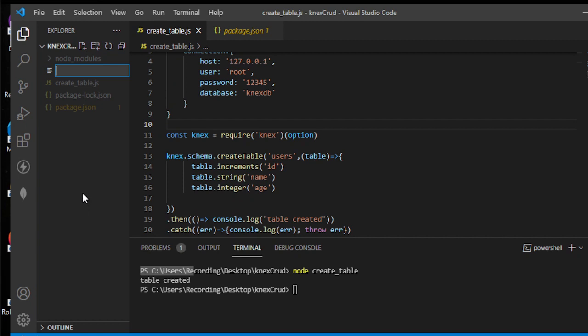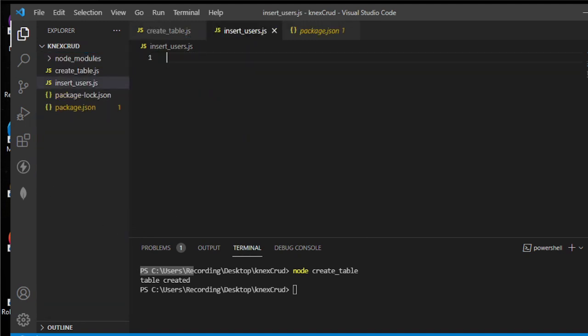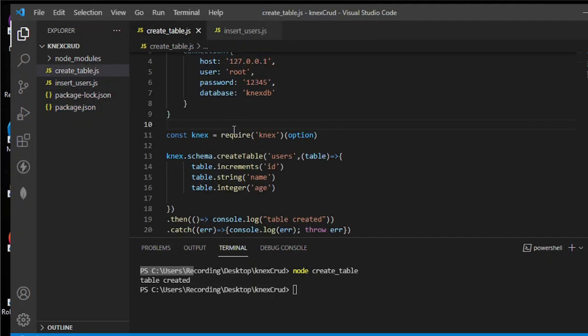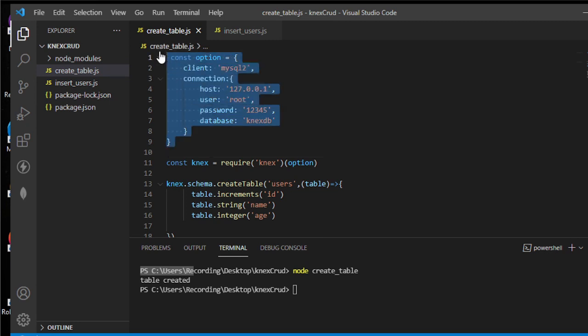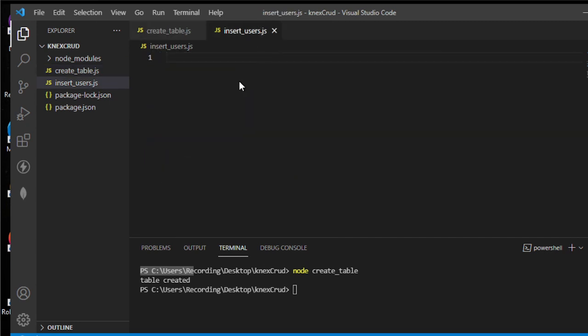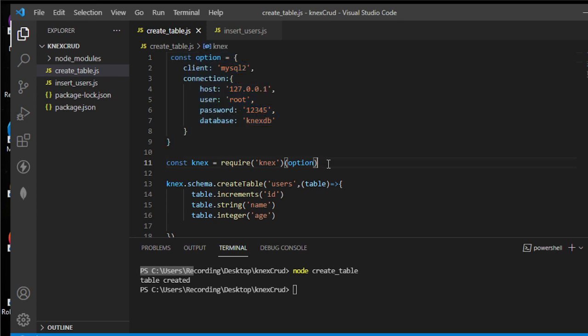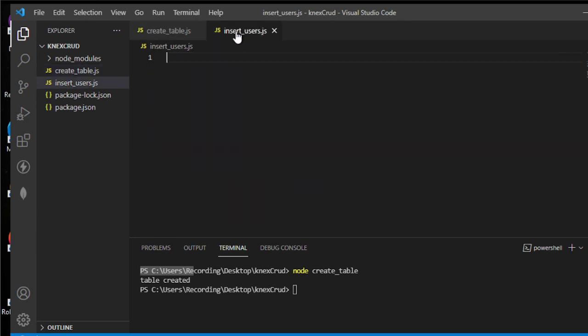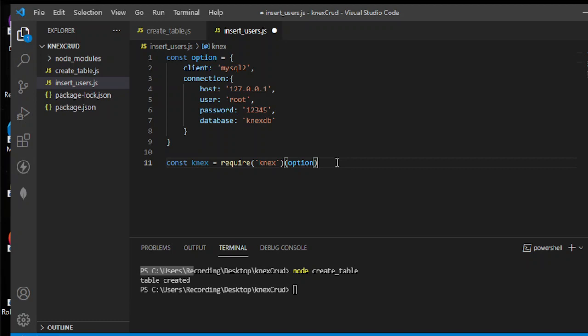So from here, I'm going to create a new file and name this insertUsers.js. Okay, that should be it. Then I'm going to close that. I can copy all of this here and paste it here. Okay. Then,